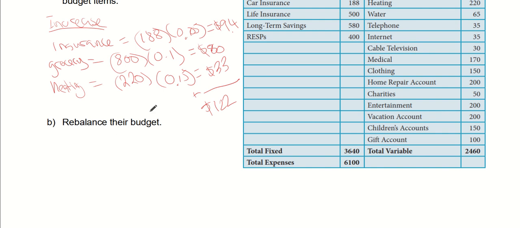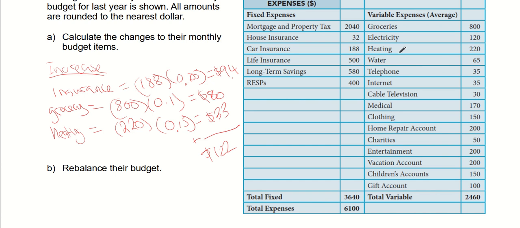So this last question is rebalance the budget. Because this is an increase in your expense, $122, you have to look through your bills and see where you can find it. Basically you're gonna have to subtract from one of these. Maybe groceries is about 800, but actually maybe it's entertainment. So maybe get rid of some of the entertainment. Entertainment is about $200, and you reduce your entertainment by this amount, 122. If you do that, we should have about $78. So instead of putting $200 for entertainment, we might want to put $78 for entertainment